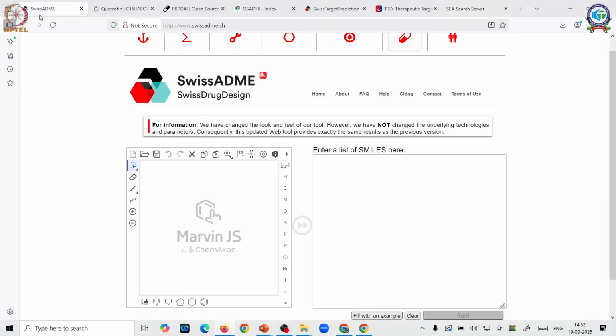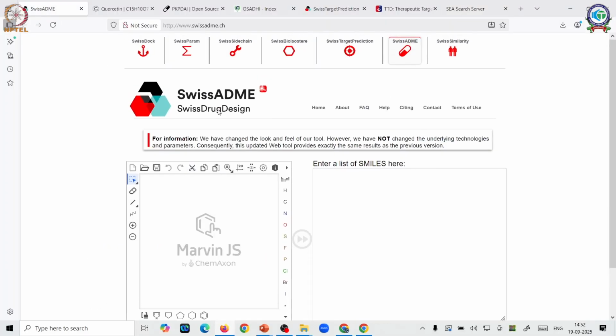So, starting with the SwissADME database. SwissADME is a database which predicts the pharmacokinetic properties. Here there are two ways in which you can enter your query. You can put in the 2D format, what is called SMILES, or you can draw the structure. If you want to draw the structure here, let us go to our same query so that we know what each software can offer us. We will go to our query, and that is quercetin. Just replacing this all by O. So, here is our quercetin.